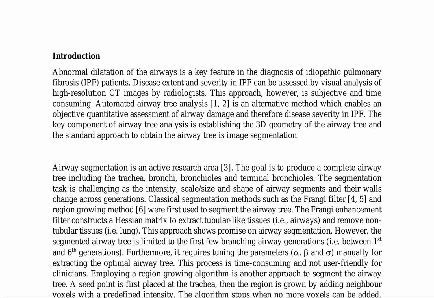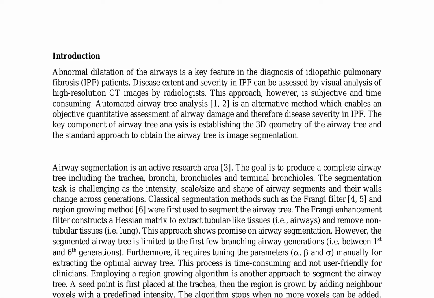However, visual analysis of high-resolution CT images by radiologists is subjective and time-consuming. Automated airway tree analysis offers an objective quantitative assessment of airway damage and disease severity. The core component of airway tree analysis is establishing the 3D geometry of the airway tree, typically achieved through image segmentation. Airway segmentation is an active research area, aiming to produce a complete airway tree, including the trachea, bronchi, bronchioles,